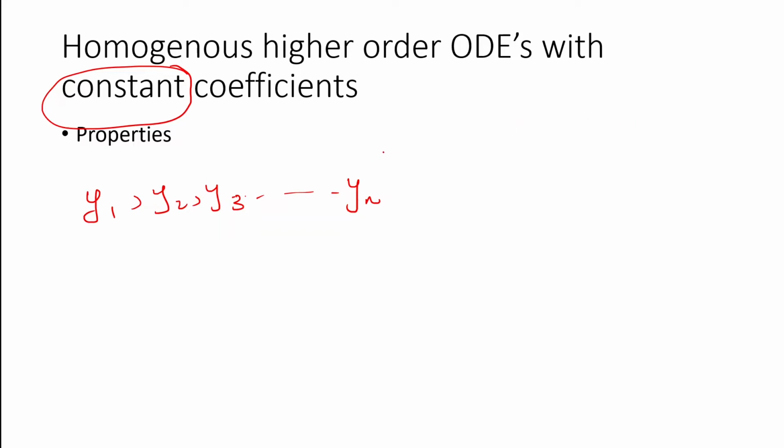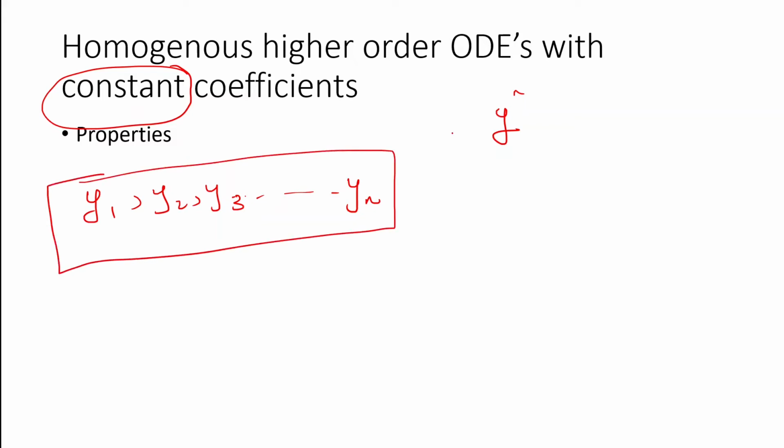Now, first question you might ask is, why are there n solutions? Well, as we know, y can be differentiated n times, and each differentiation will give us some kind of constant. When you integrate on the other end, you would get a constant. So there are n such solutions which you can find, which are unique and linearly independent. I'll go into what linearly independent means, but for the time being, know that there can be n isolated solutions of a homogeneous higher order differential equation.